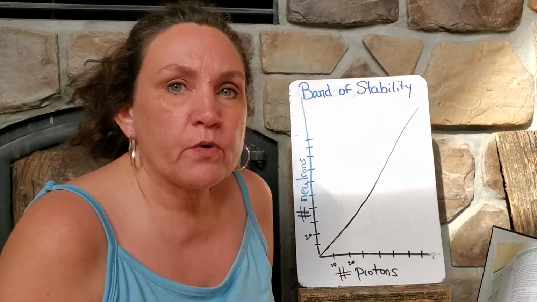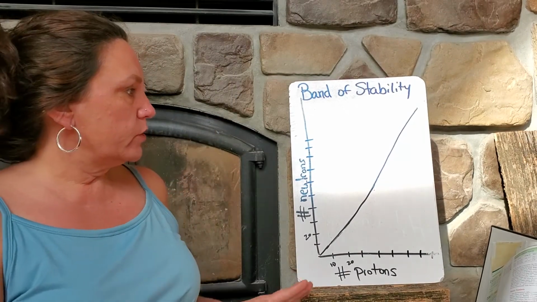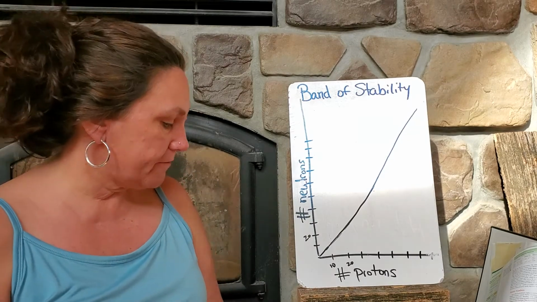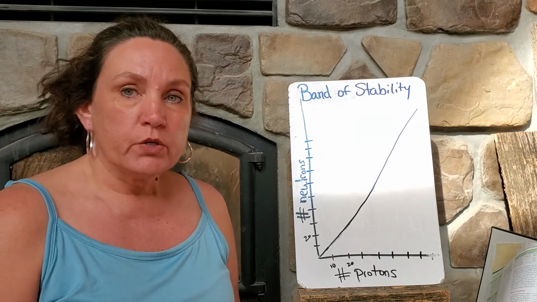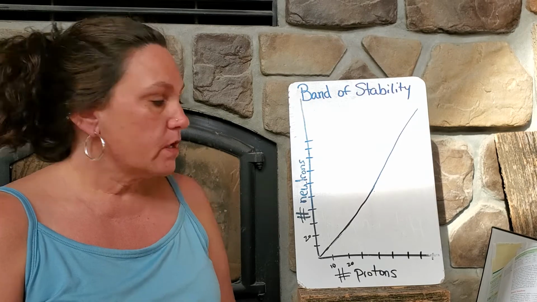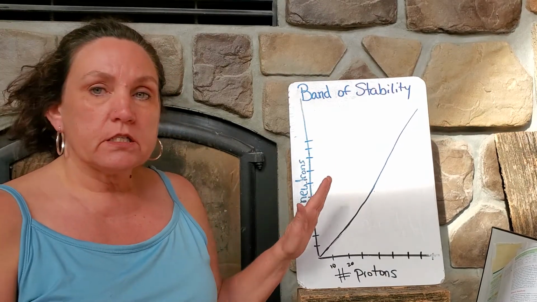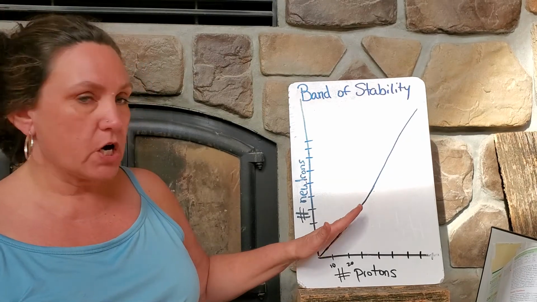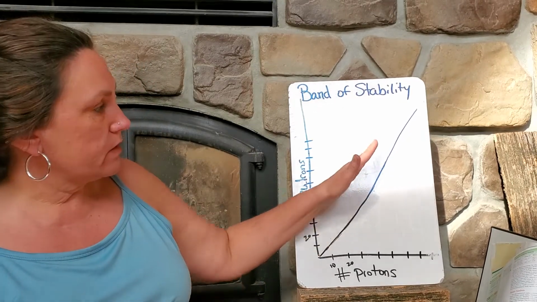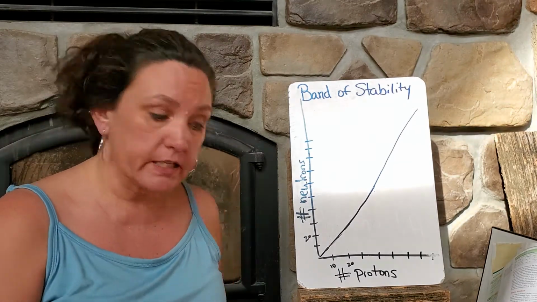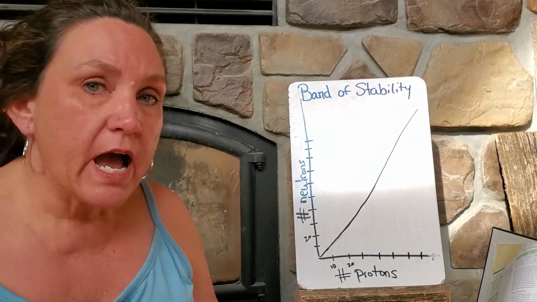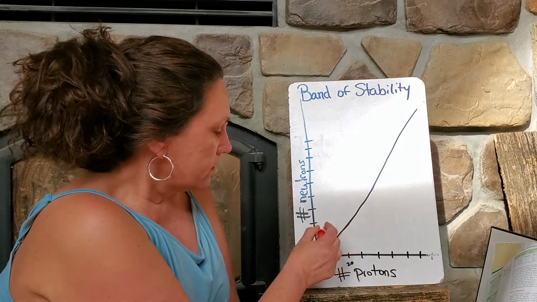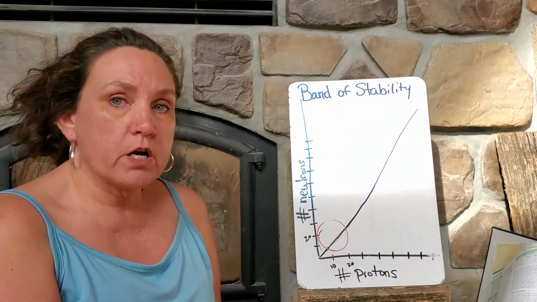Okay, hopefully that went fairly well and you got some sort of band of stability kind of graphed out for your elements. Your graph is not like a perfectly straight line. It should kind of start out at one angle and then up near the top be at a slightly different angle. What we actually find is that down here and the lower part of